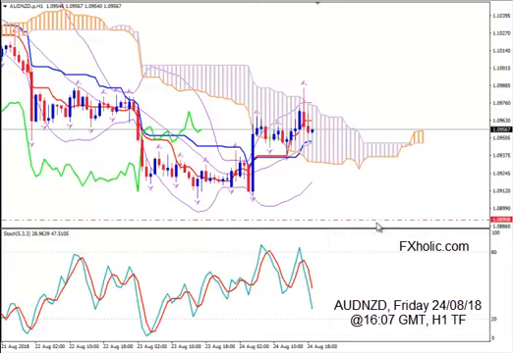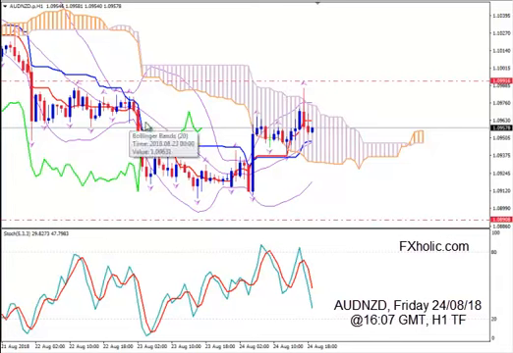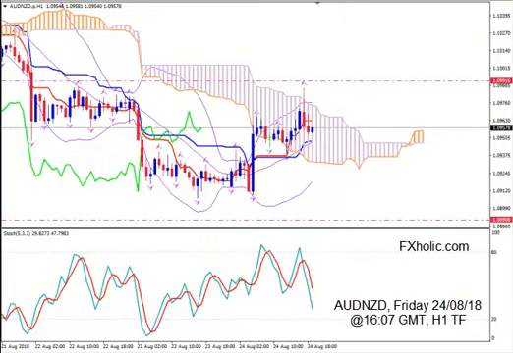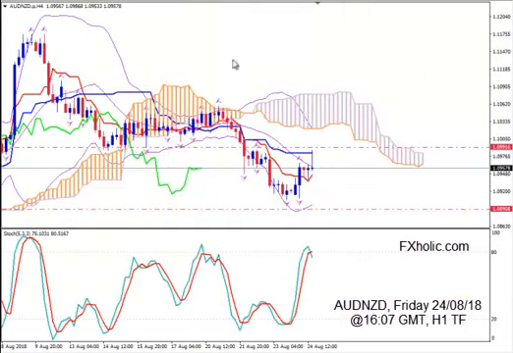This is a hypothetical level. The entry level, the level where all the criteria will be met, may be 10 pips higher, 10 pips lower, 20 pips higher, 20 pips lower, probably 20 pips lower. So it's just a point of reference for you, not a level to place a pending order. Remember that. Place your stop loss above the upper Bollinger Band, above the fractal, the spike, above the Kumo, of course, at 1.0991. So we will be entering with a risk of 100 pips,